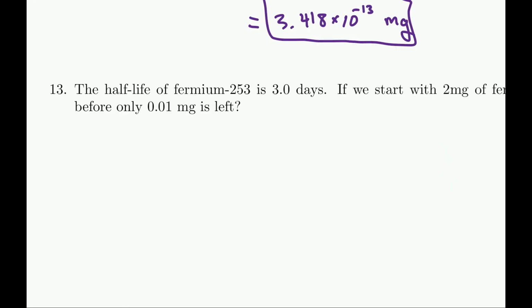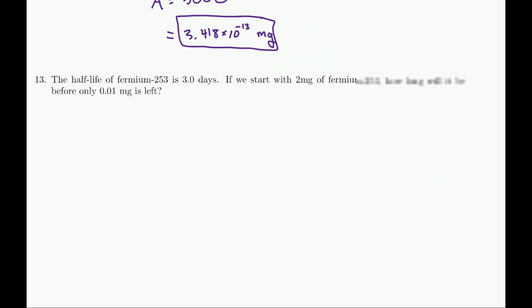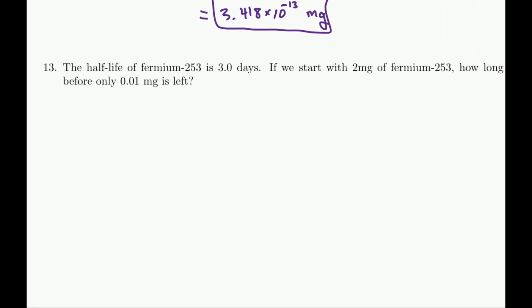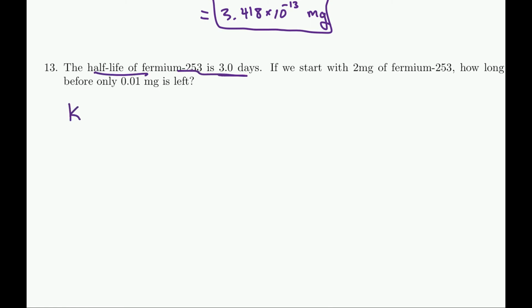Next question. This is going to be very similar, just different numbers. So the half-life of fermion is 3 days, right? When you see that the half-life is 3 days, we know that K is negative ln 2 divided by 3 days. Okay, so our equation is A equals